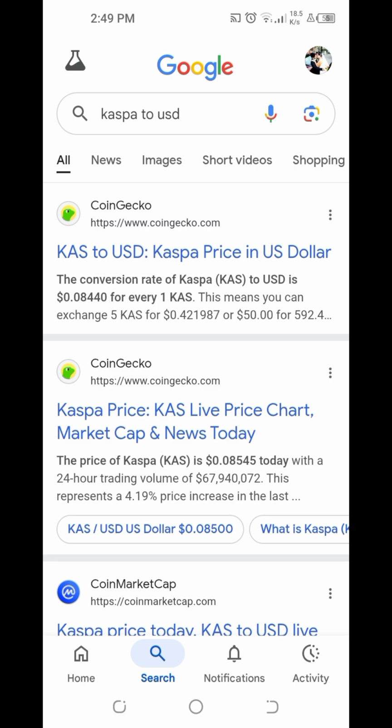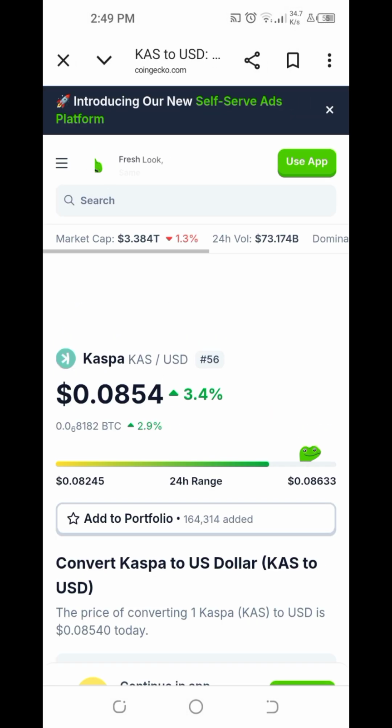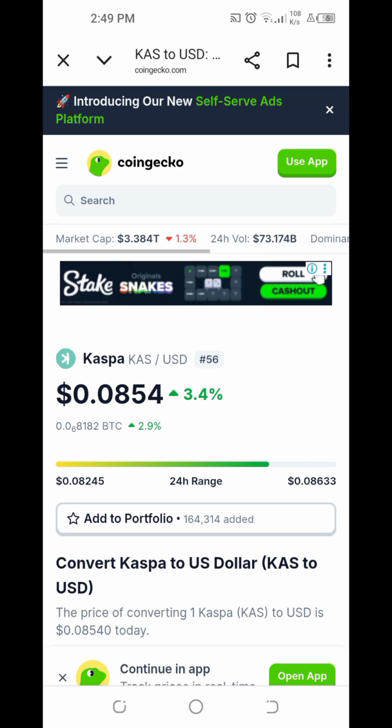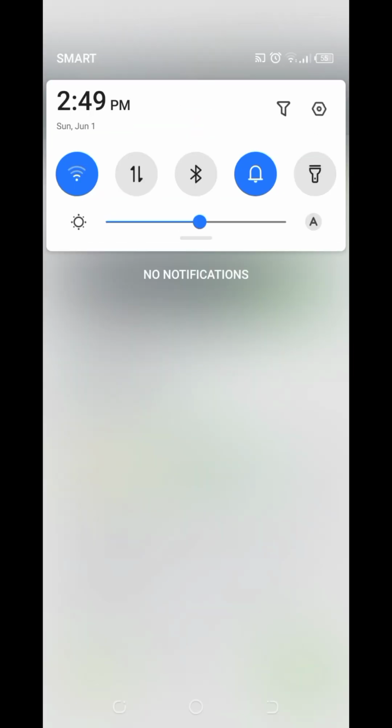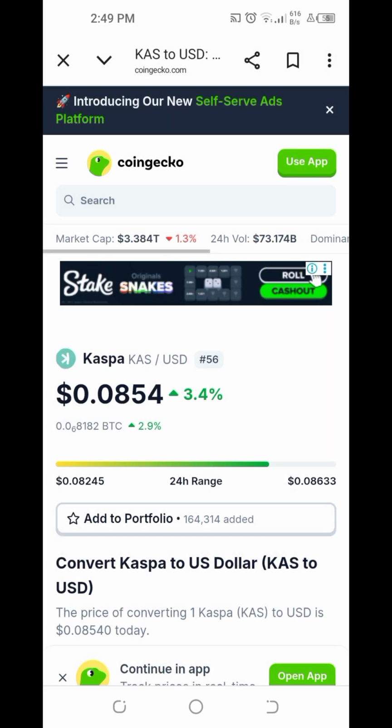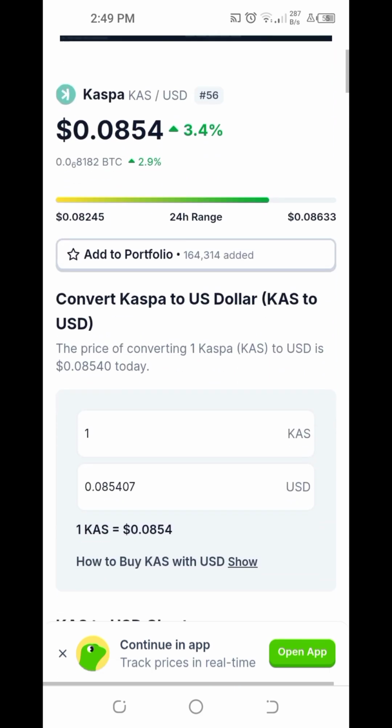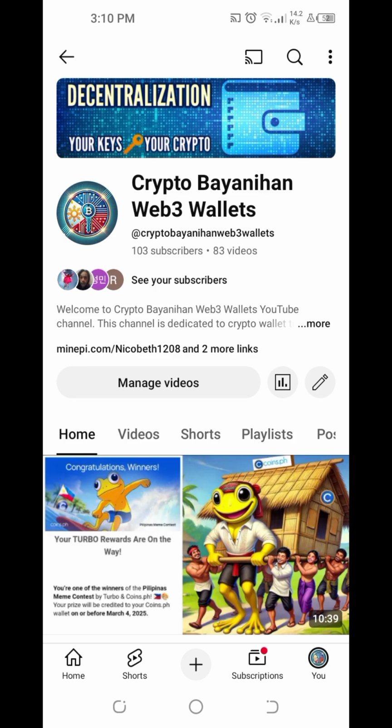Hi everyone, in this video, I'm going to show a tutorial on how we can install the Caspium wallet. Caspium wallet is the dedicated, decentralized, non-custodial wallet of the Caspa network, okay, or the Caspa cryptocurrency. Okay, during the time of our recording right now, Caspa is currently up by 3.4%. One Caspa is equal to 0.0854 USD, okay? So in the future, I'll be posting Caspa network or Caspa cryptocurrency related content for educational purposes, okay?